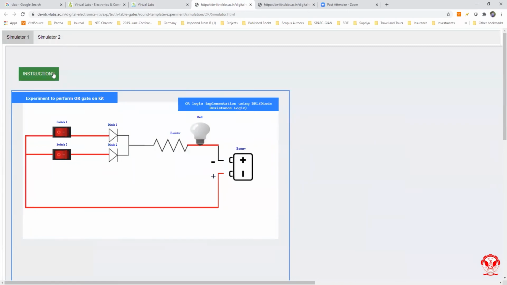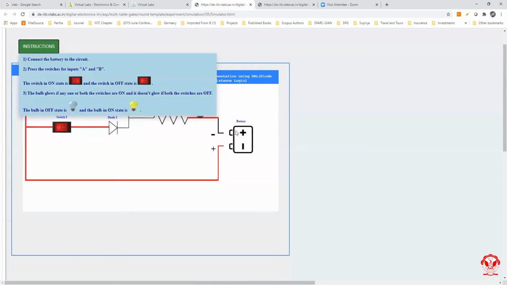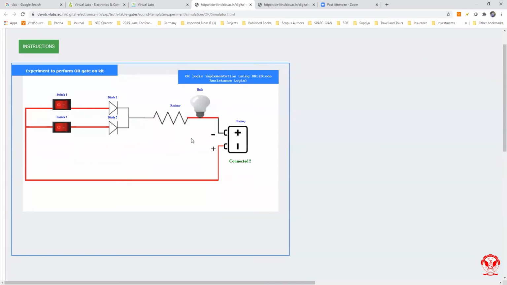Now just click on the instruction button, and step 1 is connect the power supply to the circuit. Okay, now just click on the battery, and now our battery is connected to the rest of the circuit.